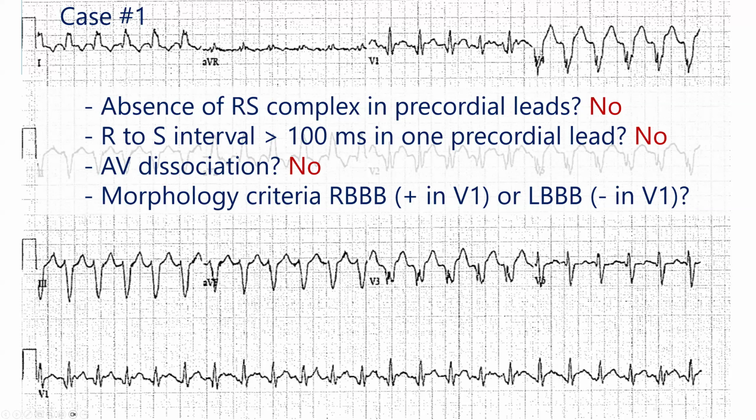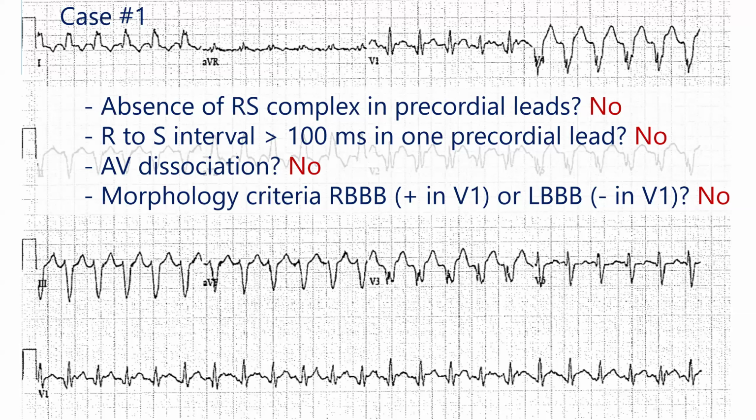And if anything, if you take a look at the lateral precordial leads, the predominant direction of the vector is negative. So we have no morphology criteria either. So we're kind of striking out here. And that's one of the points of this case, to show you that these challenging cases are going to come. And all you can do is be systematic and be ready for the fact that you may not get as much help as you would like from the published criteria.